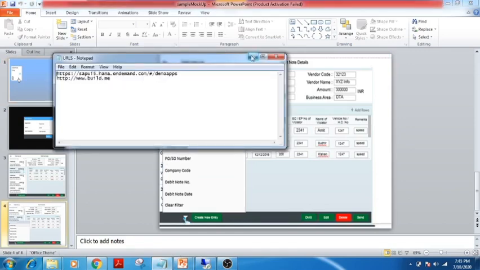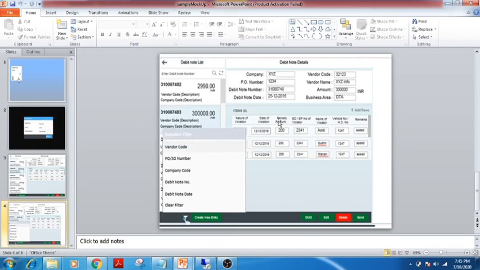In some of the companies, like in one company where I was working, there was a specially dedicated role called mockup designer. What she used to do is take the requirement, create two or three mockups, show them to the business, and get the approval: okay, fine, they want the mockups to be like this. Not necessarily everywhere this process should be followed, but to begin with, at least someone should have a basic idea of how their app is going to be developed. Because if you don't know what fields are going to be developed, how can you develop the OData further? So mockup is a very important step.